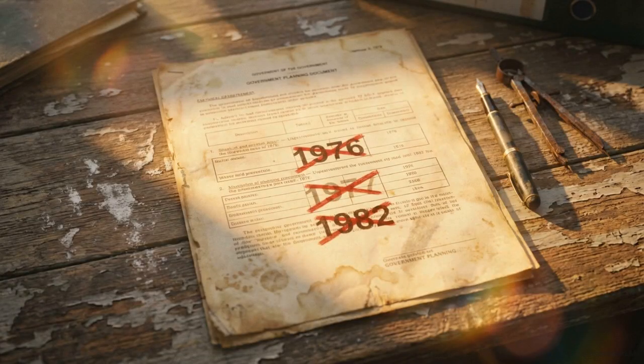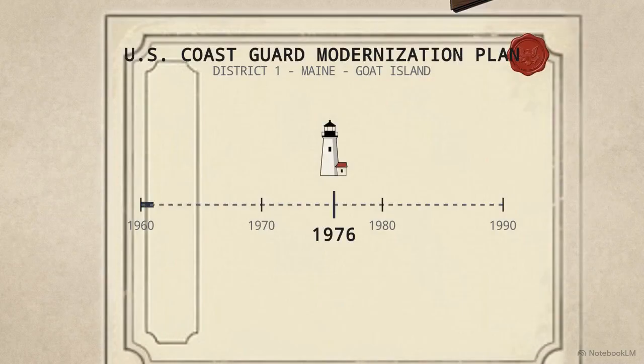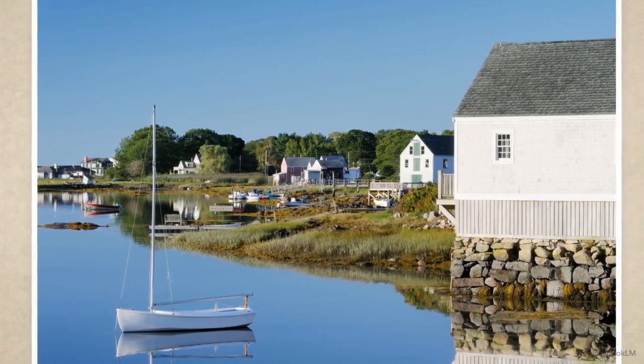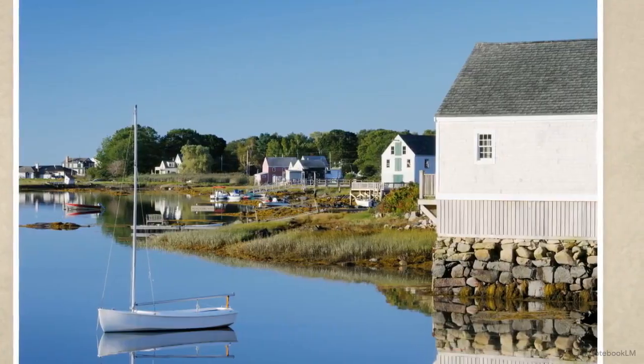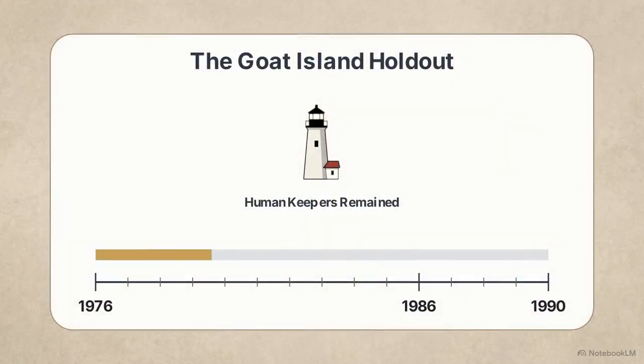But that modernization was entirely off schedule. The Coast Guard had actually planned to automate this specific station 14 years earlier, in 1976. They were stopped in their tracks. The mainland residents of nearby Cape Porpoise actively fought the federal government. They launched a fierce advocacy campaign to keep humans stationed on the island, and they successfully stalled the automation plans